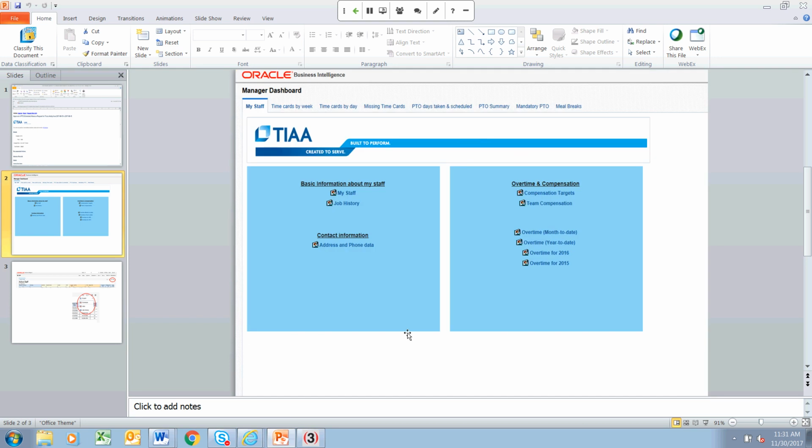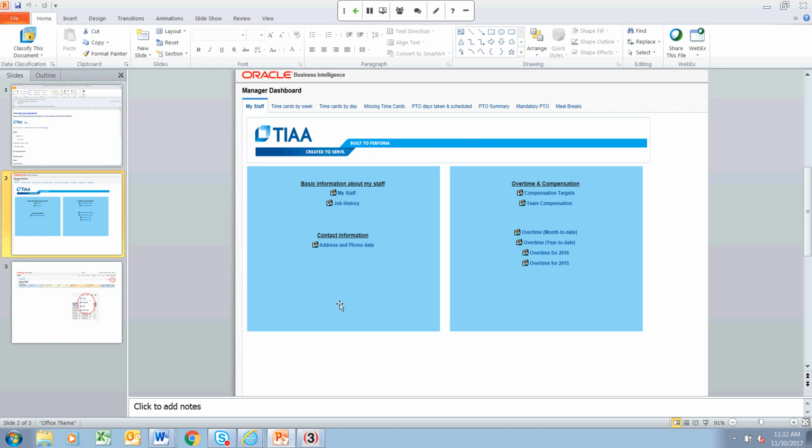And these are the reports that are available to managers. You can run a job history report, address and phone data report. If you manage non-exempt employees, you can run overtime reports, compensation reports. And these tabs on top are regarding time cards and PTO.